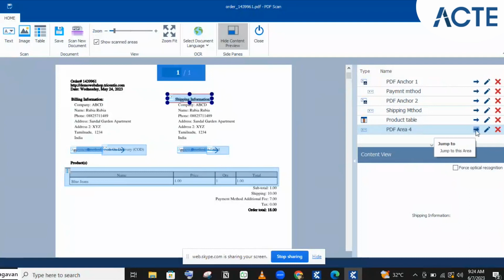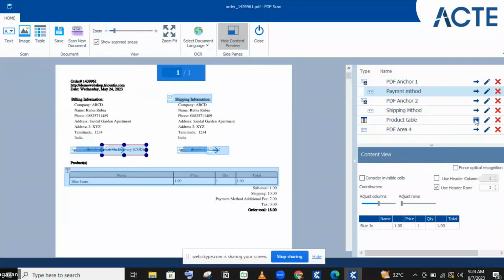And this option is to jump to. Here it is highlighted as we have selected. If I want to jump to payment method, this will go to that. The highlighted thing will be going to that particular element. It will be jumping to that element. Okay, so for table, I'll be